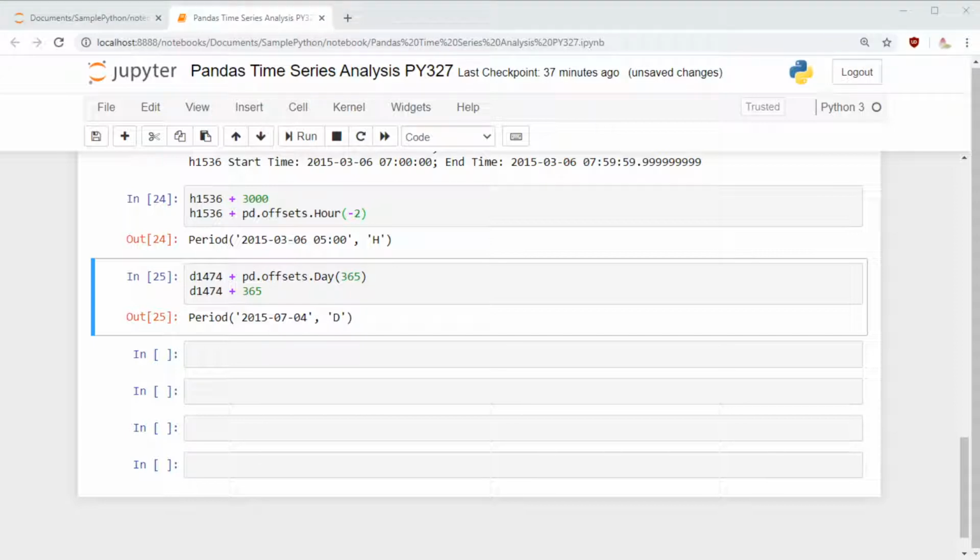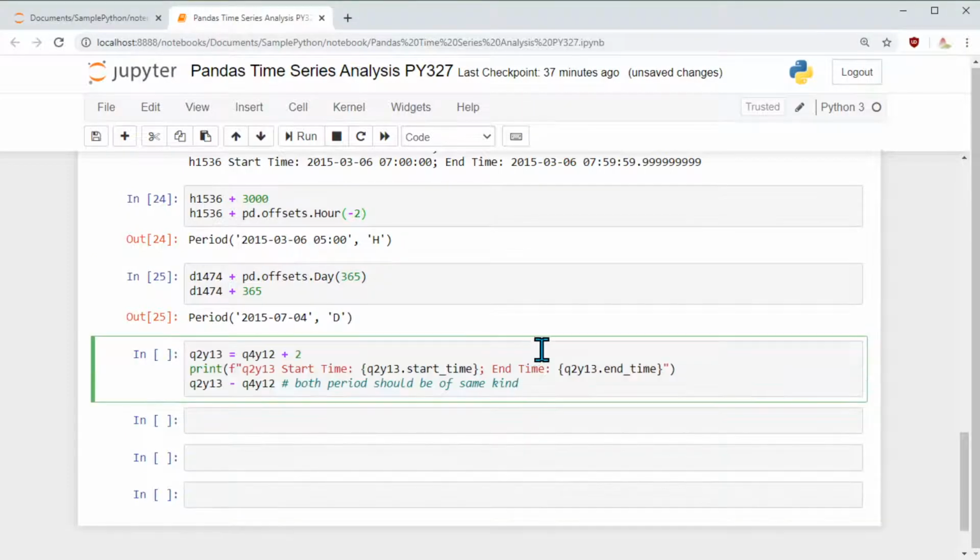Now let's move forward and do some math with a quarterly period. Here is my quarterly period, which we initially started with quarter 4 year 12. I add 2 to that, that goes to quarter 2 year 13, and here I am just printing it. And after doing that I am taking the difference of these two.